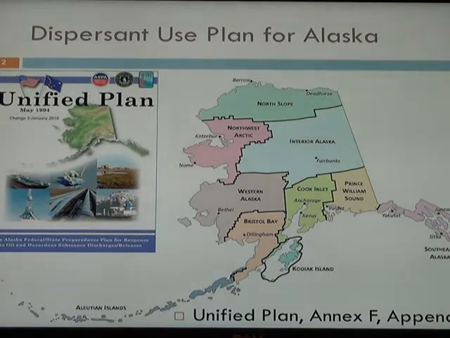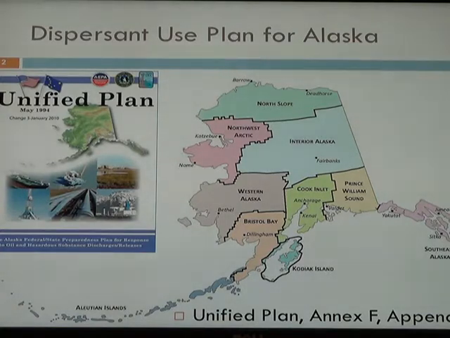The tools that are available within this annex, there's three primary. First is mechanical recovery of oil, such as skimming of oil off the water surface. There's in situ burning, where the oil is corralled and burned in place. And finally is the use of dispersants to disperse the oil in the water.